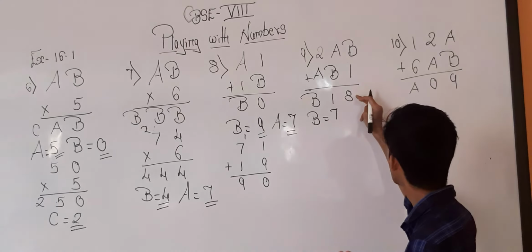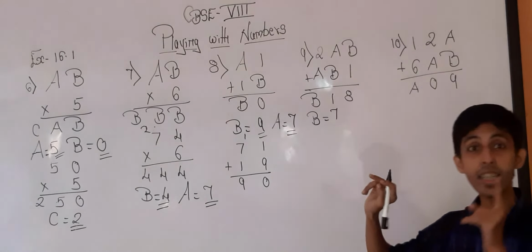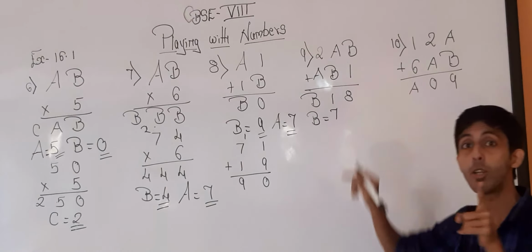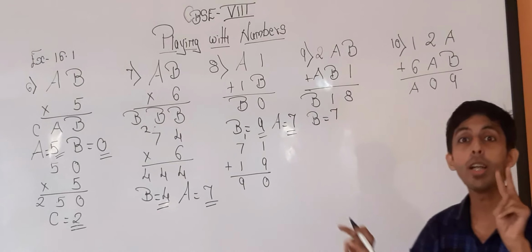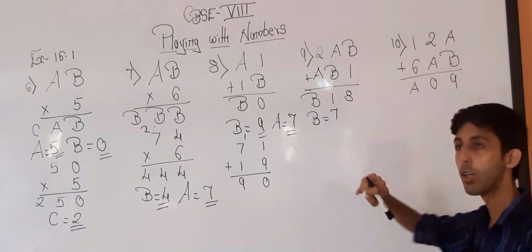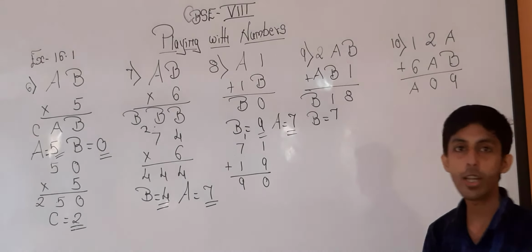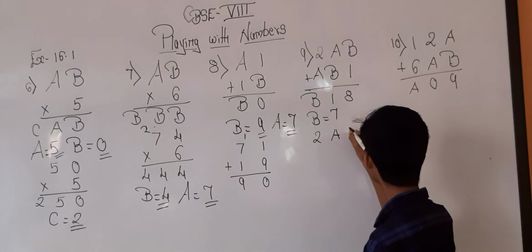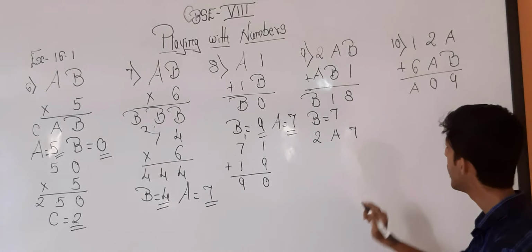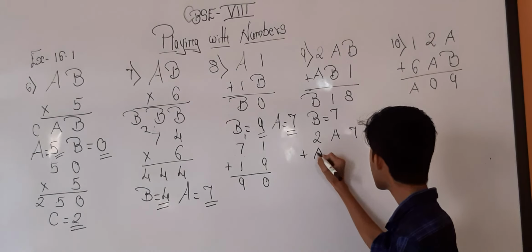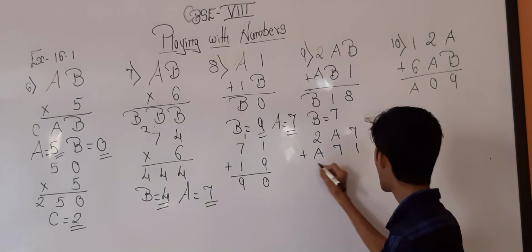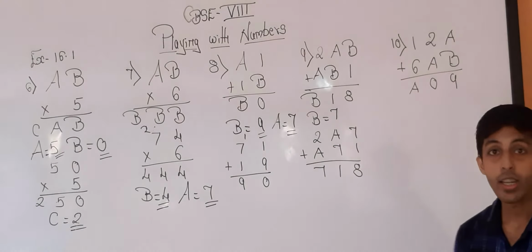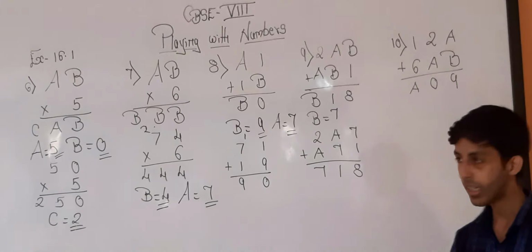Now, I can't take it as 18, because if I am taking this as 18, 18 minus 1 will give 17. B can't be a 2-digit number. It should be a single-digit number. So over here, my B is equal to 7. So I will write it over here as 2, 8, 7. B value is 7 plus 8, 7, 1, 7, 1. Okay, done. So 7 plus 1, 8.